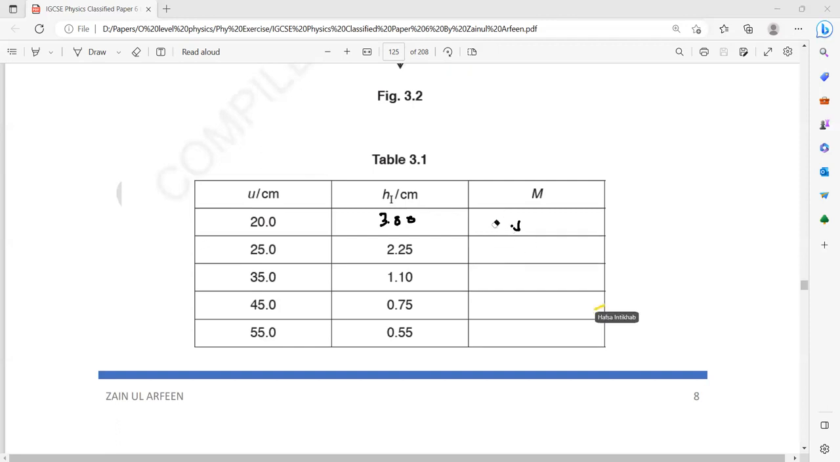Use the screen annotation to complete these values. So first is 2.53. Because of how we are getting the magnification, as I mentioned, for paper 6 you don't have to memorize any formula. Height of image over height of object, that is the magnification. Height of image is 3.8 and object was 1.5. So you just divide all the values by 1.5. So 2.53, 1.50,